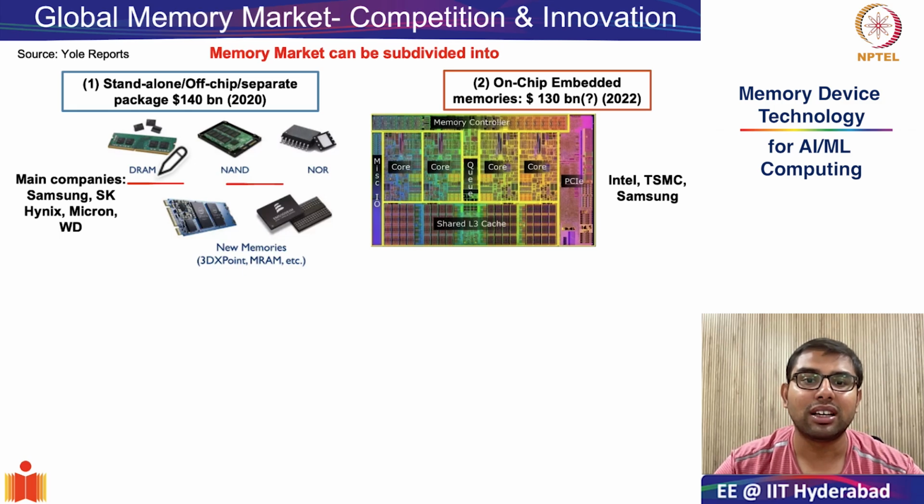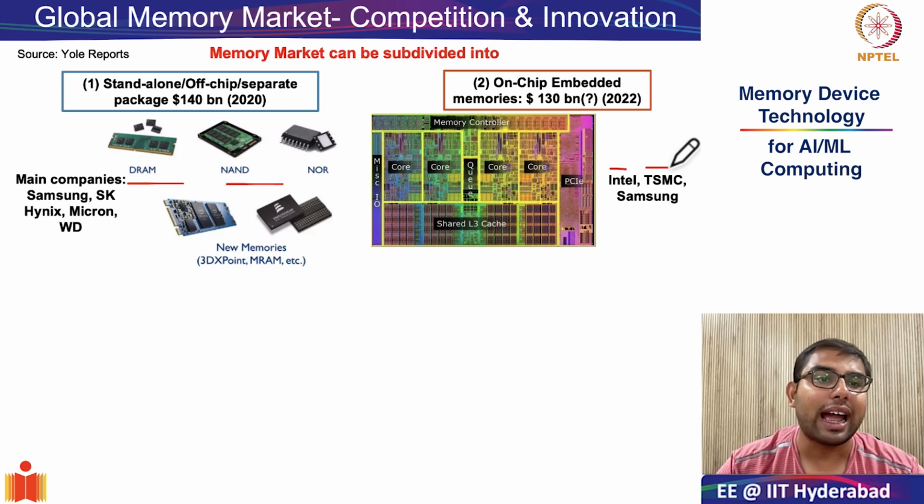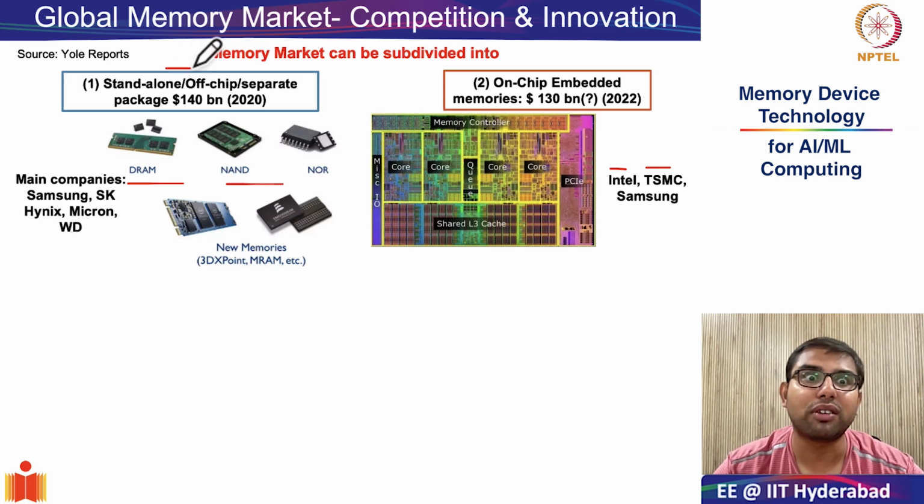Remember, your SRAM is essentially part of L1, L2, and L3 cache. So their primary manufacturers are manufacturers of advanced technology nodes such as Intel, TSMC, Samsung, etc. And we were very surprised to know that the size of the on-chip embedded memory and that of your standalone memory is roughly the same. This is because on-chip memory in the latest transistor technology node is very, very expensive. So we discussed earlier that with SRAM, you don't really care about cost, but you want to optimize on performance.